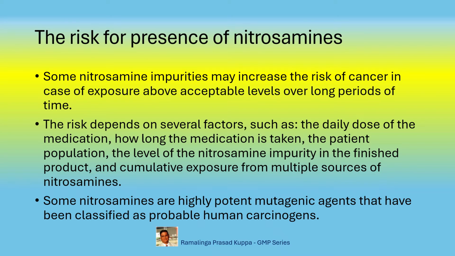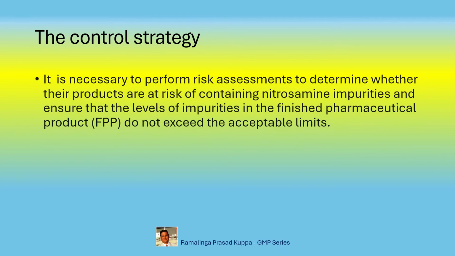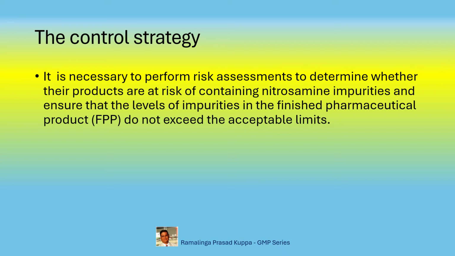Some nitrosamines are highly potent mutagenic agents that have been classified as probable human carcinogens. Mutagenic impurities can cause changes or mutations in the genetic material of an organism. The control strategy. It is necessary to perform risk assessment to determine whether products are at risk of containing nitrosamine impurities and ensure that the levels of impurities in the finished pharmaceutical product, that is FPP, do not exceed